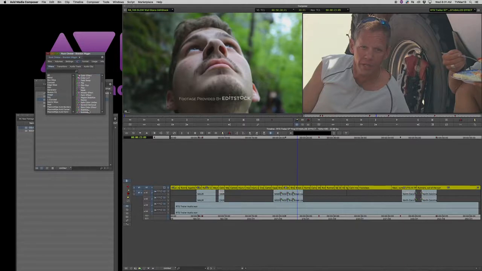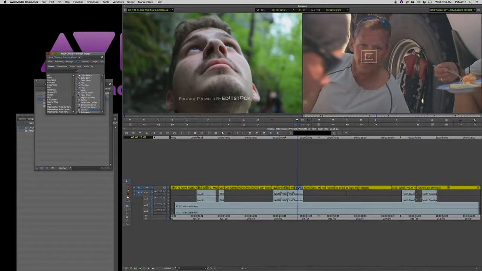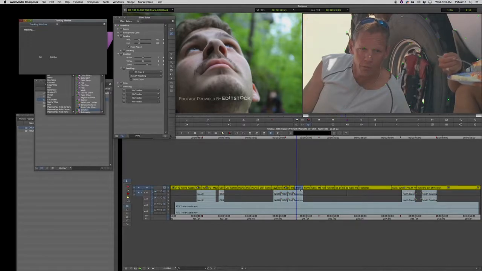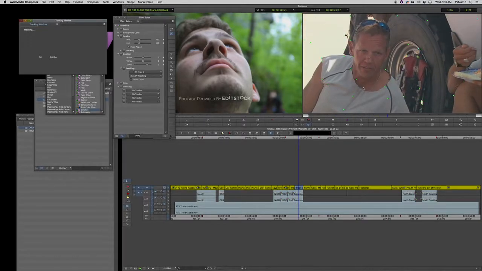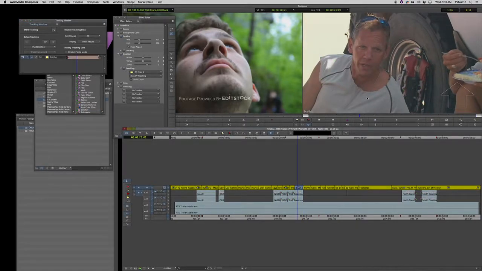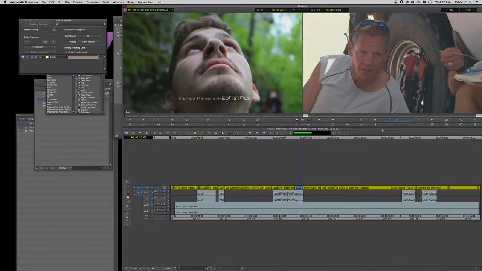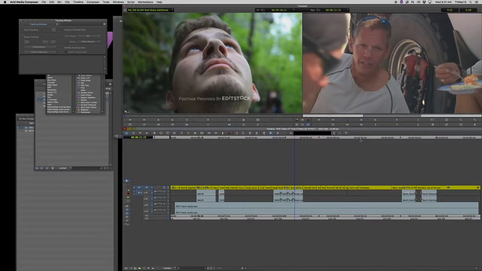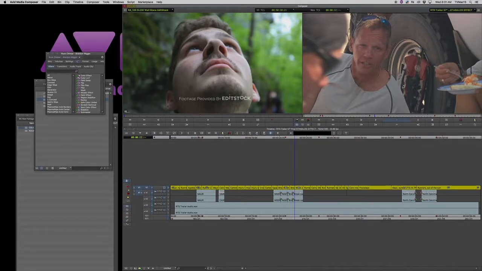Okay, stabilize, which is right here. So I'm going to click and drag that right onto my clip, and you'll notice as soon as I put that on the clip, I'm getting all of these little green dots right here. So what AVID is doing is it's automatically readjusting the clip so that way it balances out the shakiness. So when I play it, it should be a lot steadier than it was before we put the stabilizing effect